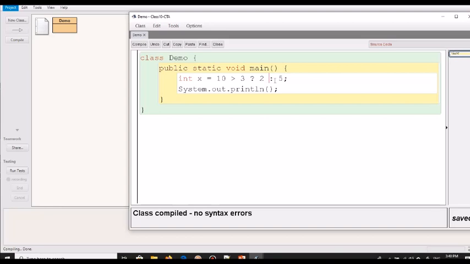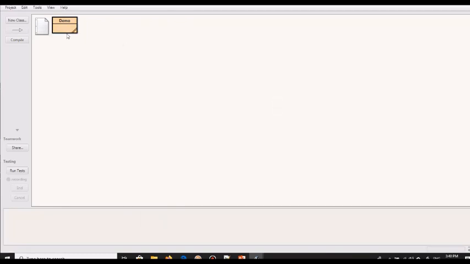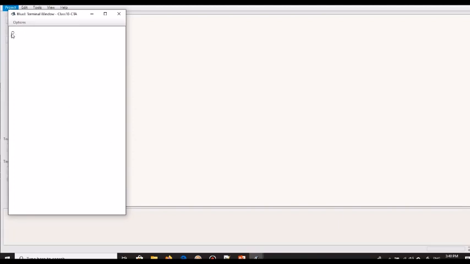Either it is going to be 2 or it is going to be 5. So if I now display x over here, what do you think it is going to display? Let us compile this program, run this program, and see the result. The result is a 2. X has got a value of 2.